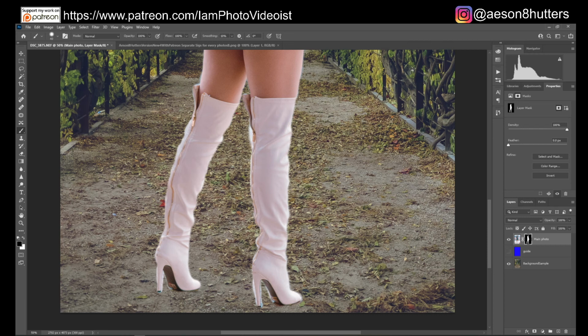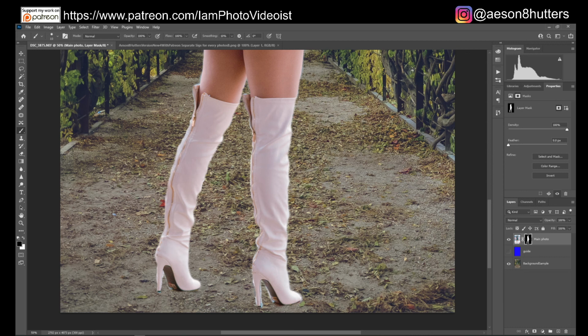Now if you think you overextended your coloring in here, for example, whoops, I made a mistake, you just switch to white and color this back. So the image is still intact. You're not messing anything up, you're not deleting anything. It's still there. You just have to clean up the edges. And whoops, there you have it. Pretty much that's how you